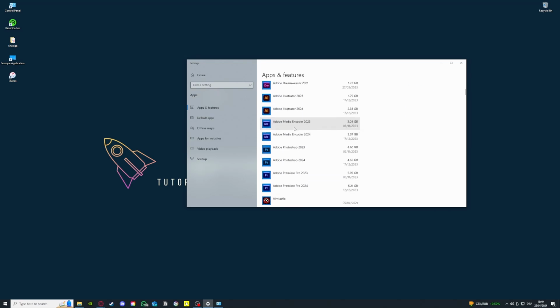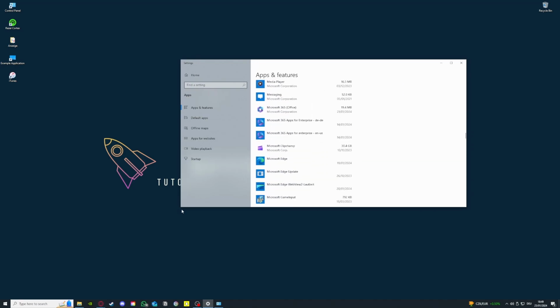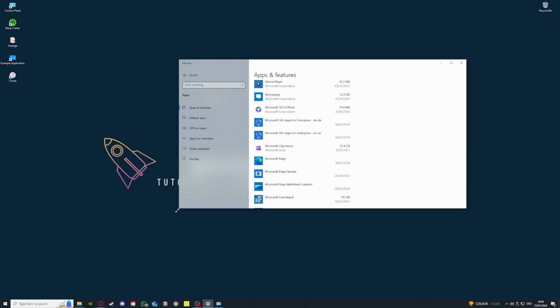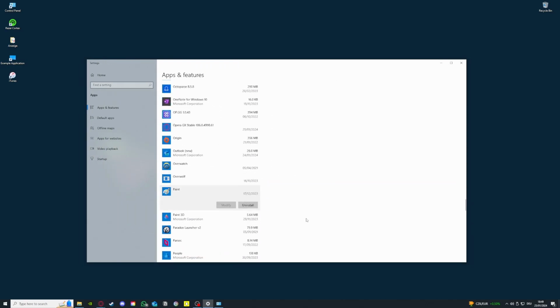Pretty simple. You can also do this in your settings. It's a lot more appealing graphic wise. You can also just left click and then press uninstall. For example, if I want to uninstall Paint. If the previous fixes didn't help you, I would recommend doing it for once. And after that, if there's still an issue, which most of the time isn't the case,